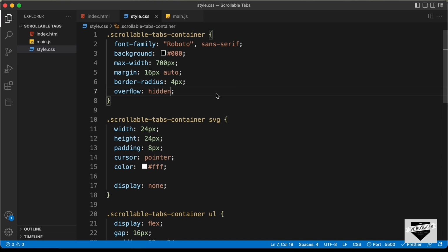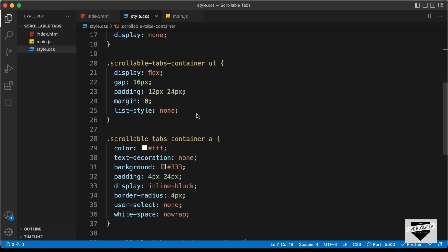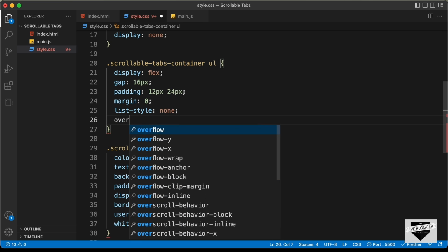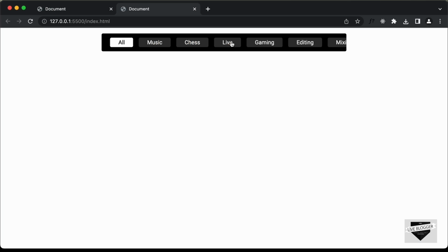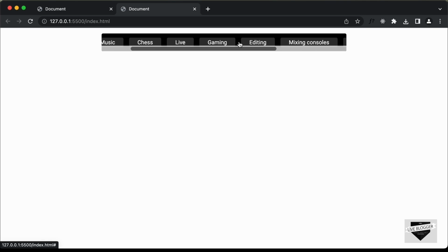So for that, let's go back to the UL, and for the UL you have to type overflow-x, and you have to set it to scroll. And now if we go over here and scroll, we are now able to scroll to the left and to the right. Now here we can see at the bottom we have the scroll bar displayed,